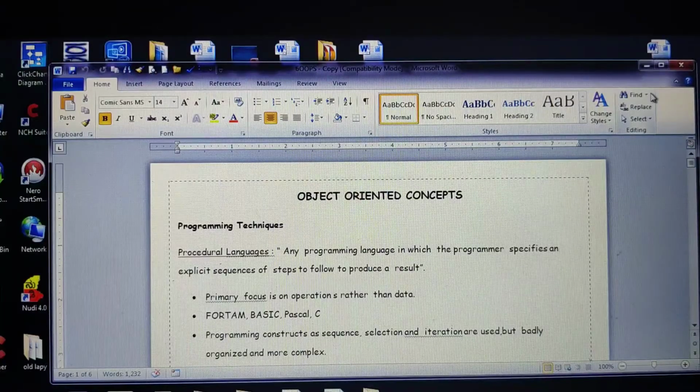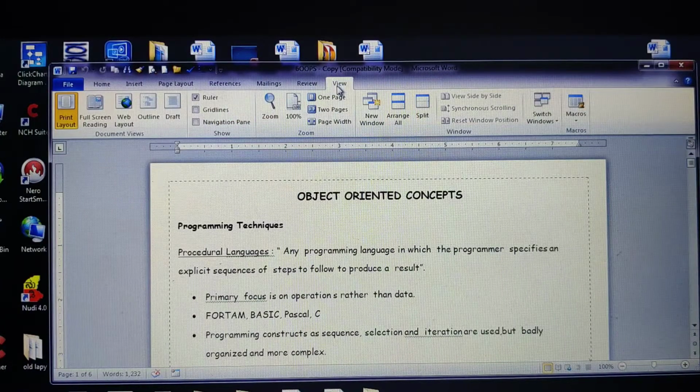Here I have taken one dummy document which consists of certain information. So we have the view menu here. We were discussing all the options regarding the view menu. As I said, the normal view is present in the older versions of Word. Here we are, by default, in the print layout.